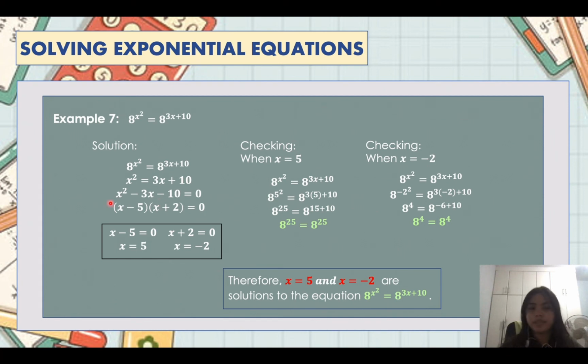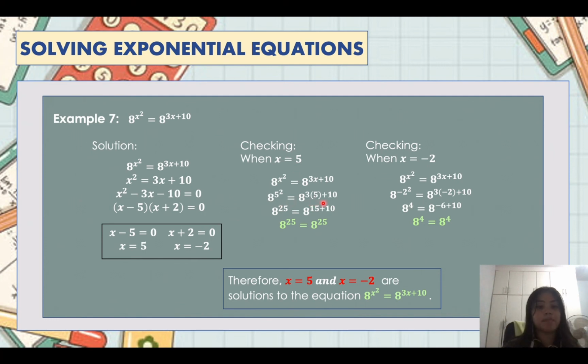You then notice that this is factorable. So then we factor it, in which its factors is x minus 5 times x plus 2. We then equate the both of these onto 0, having a result of x equals 5 and x equals negative 2. Now for the checking, when x equals 5, 8 raised to the power of 5 squared equals 8 raised